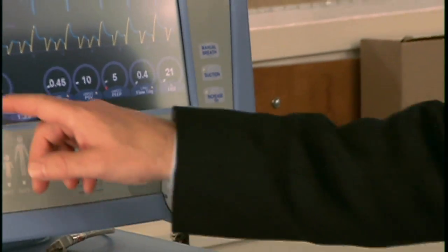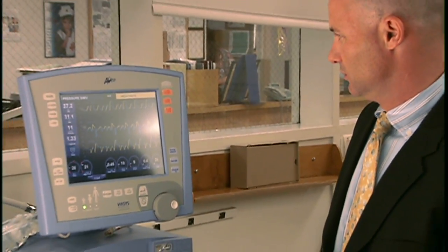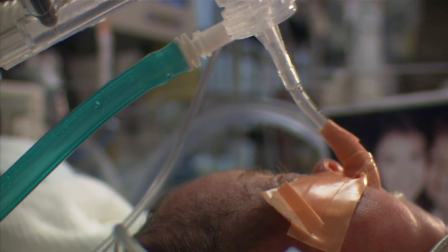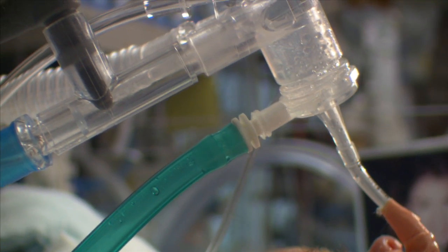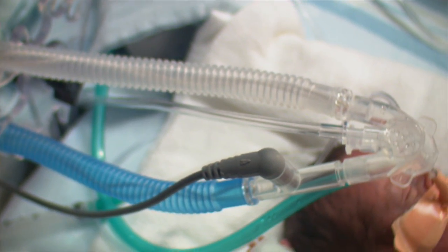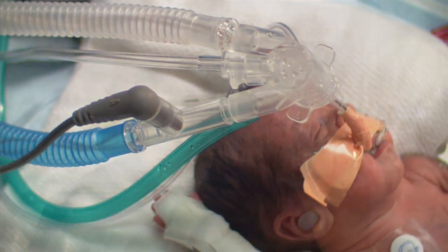Neonatologist Philippe Friedlich hopes to look at long-term developmental effects of ECMO, or extracorporeal membrane oxygenation, a procedure used to save the lives of newborns who can't breathe on their own. ECMO is a heart-lung bypass machine. We use a catheter that is inserted through the carotid artery. One of the things that we do to save their life when they are neonate is that we sacrifice their